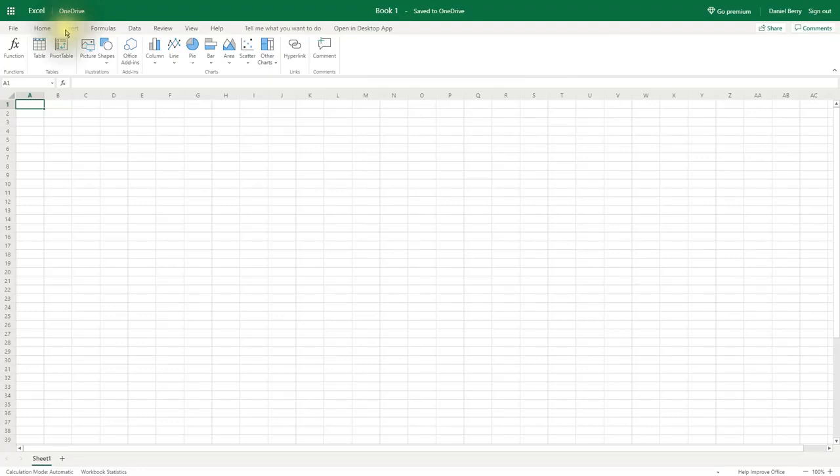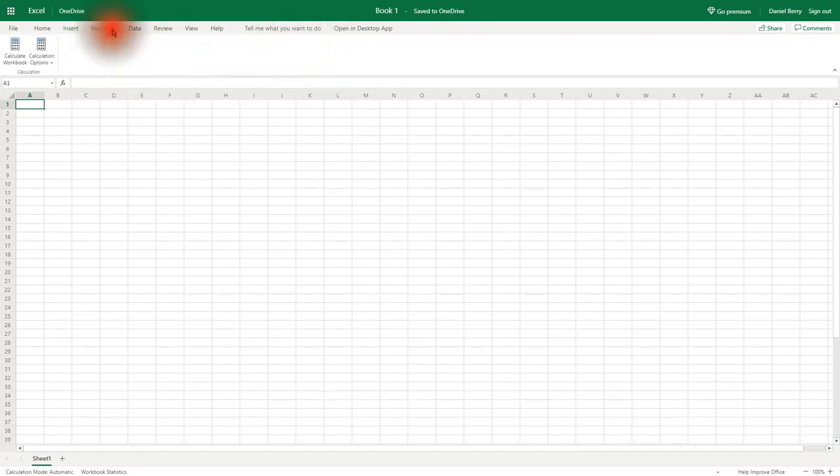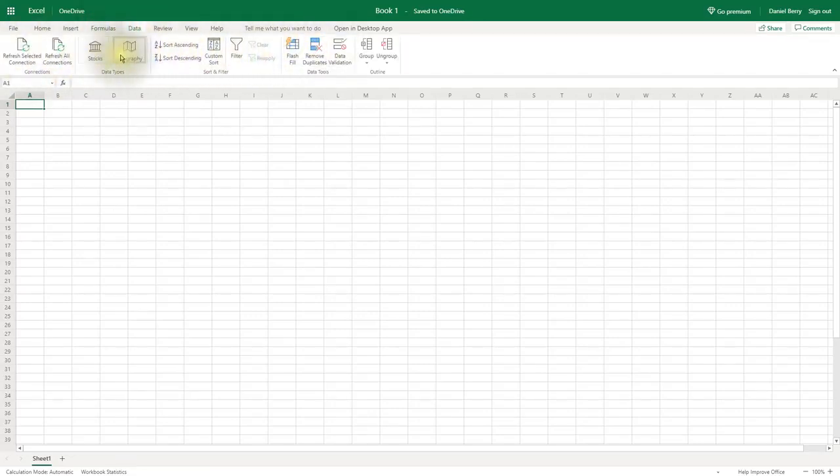I'm going to click on insert, and notice you can insert a function, table, pivot table. I have illustrations, and I have different charts available, different links such as a hyperlink, and I can insert comments, which is really beneficial if you're sharing this with other people. Formulas, there's my formulas I can do. There's my data, where I can sort my data, and later when we're actually doing the projects within this application or within Google Sheets, we'll be using the sort ascending, sort descending, so we'll be doing a lot with the sort and filter options that you see here.